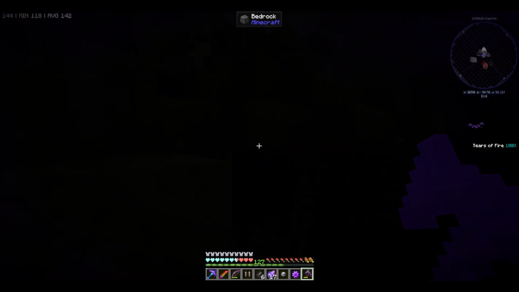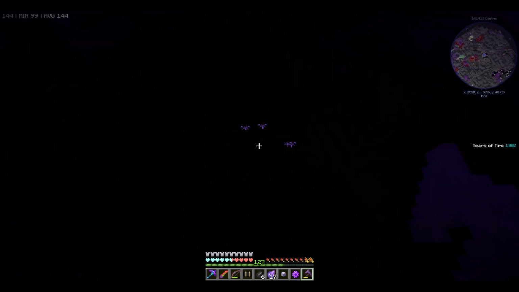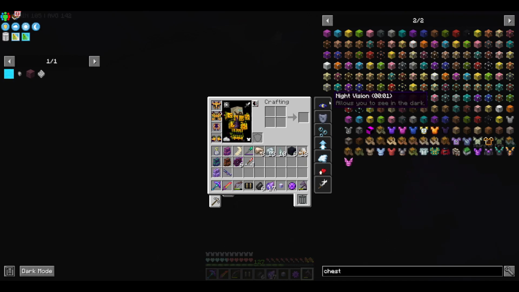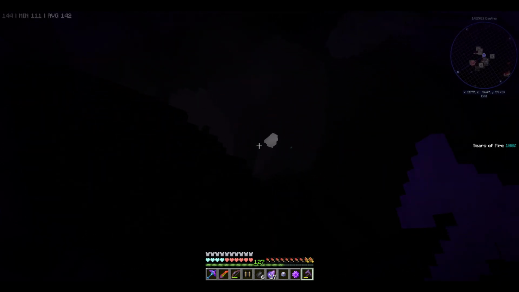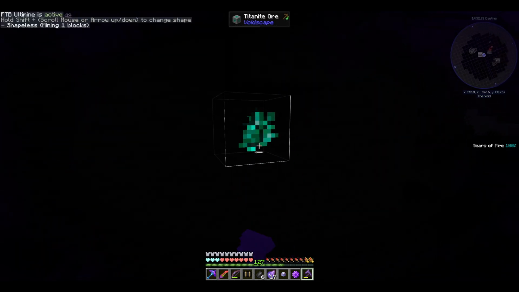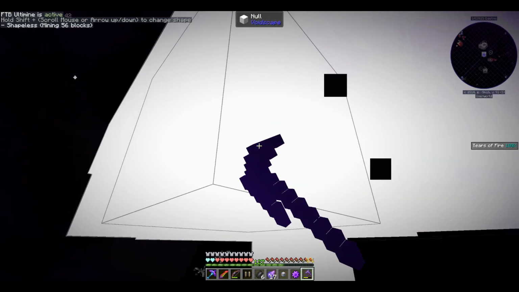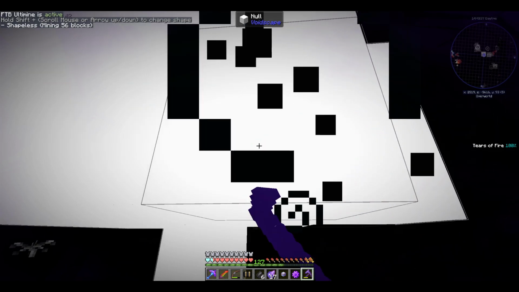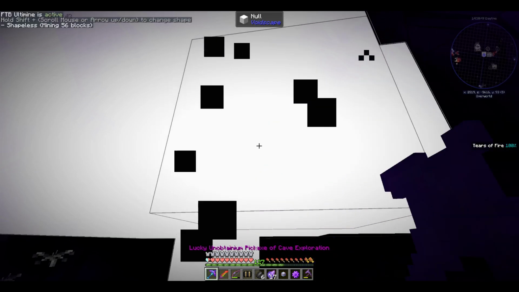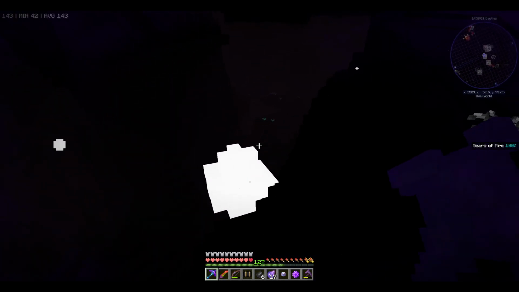Oh, what the hell are you? So we've got Enderman. I've got night vision, yeah. But apparently in a Voidscape it just does not matter. So we've got some ores by the looks of it. Which apparently I cannot mine. Well, no. I can't tell if this is actually going to mine it or not. Super bright. Okay, let's...